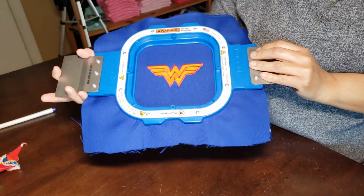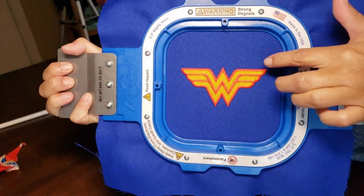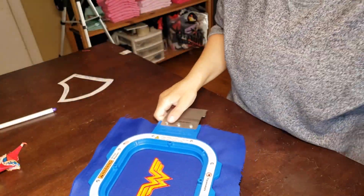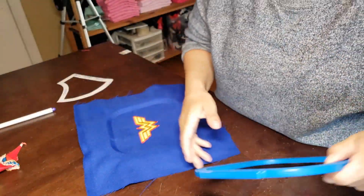We've taken it off the machine, and you can see that there are no puckers, not a pucker in sight. I don't know if you can see that. Okay. So we're just going to unhoop it,